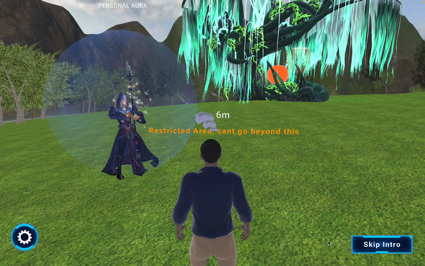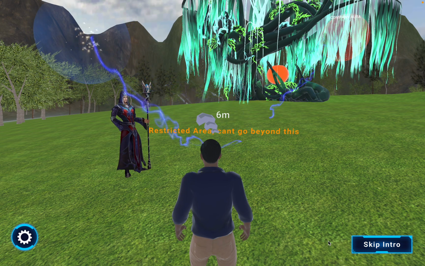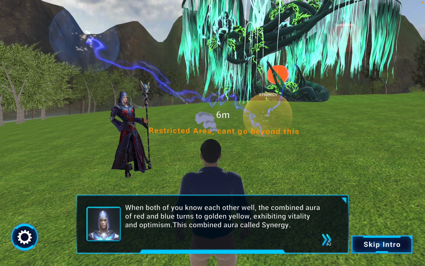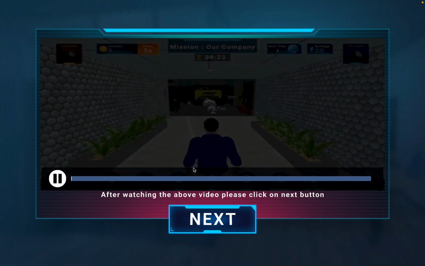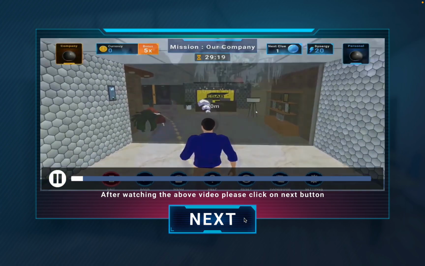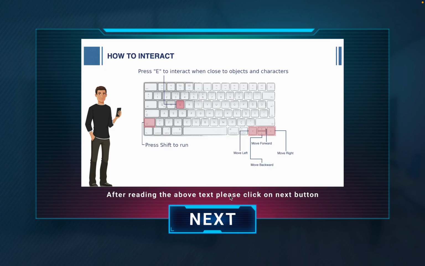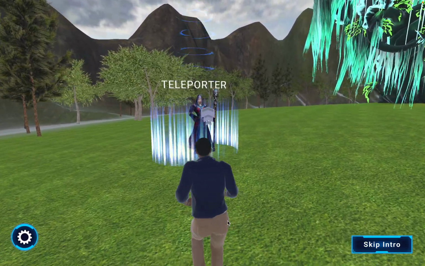So this is a tutorial mode which is there for about 3 to 5 minutes, which will set the context to the player in terms of why they are playing this particular game and what is the overall objective. Once they have gone through this, there is a tutorial mode which will help them on the navigational aspects of how they would need to navigate in this particular game and how they would need to play this game. And once they have completed the tutorial, now they use the teleporter mode to actually get themselves teleported to their